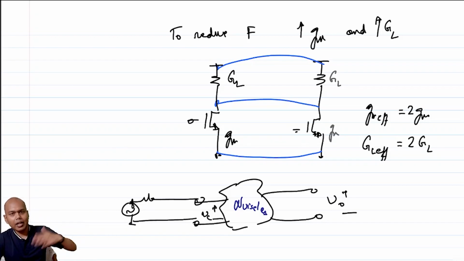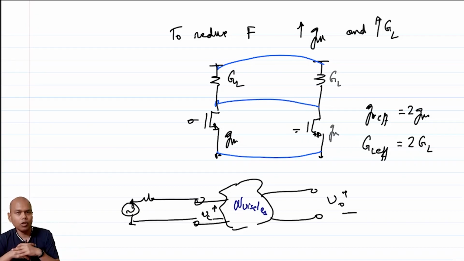Signal might get attenuated, noise might get attenuated, or your signal might get amplified, or the noise might get amplified, but whatever happens to the signal will also happen to the noise simultaneously, and both of them will pass through the same transfer function if the network is noiseless, right? So hence the SNRs do not change as you go through